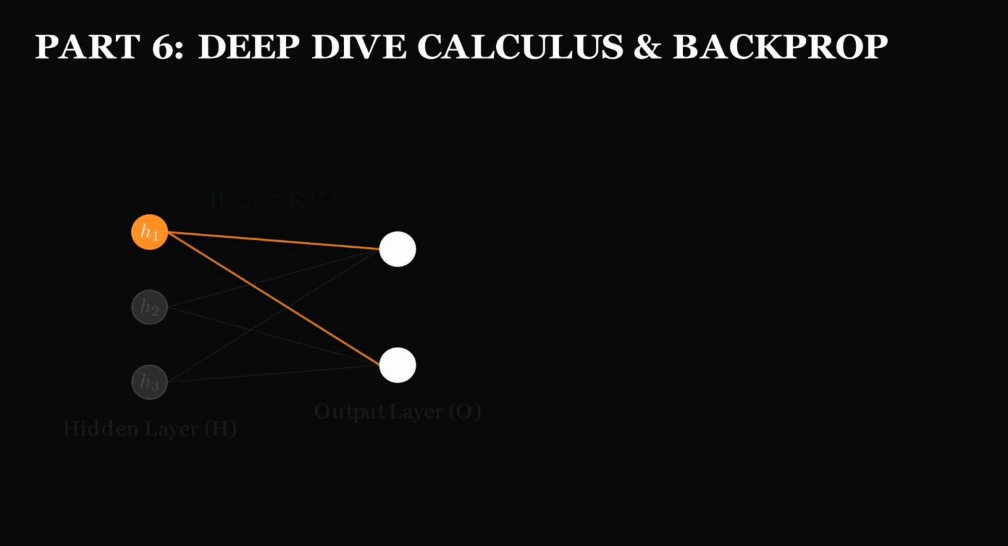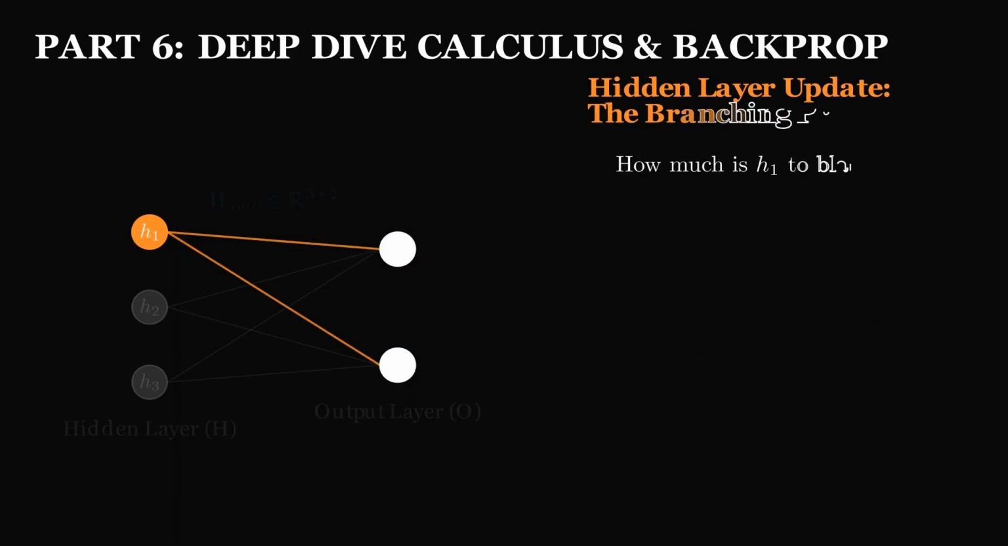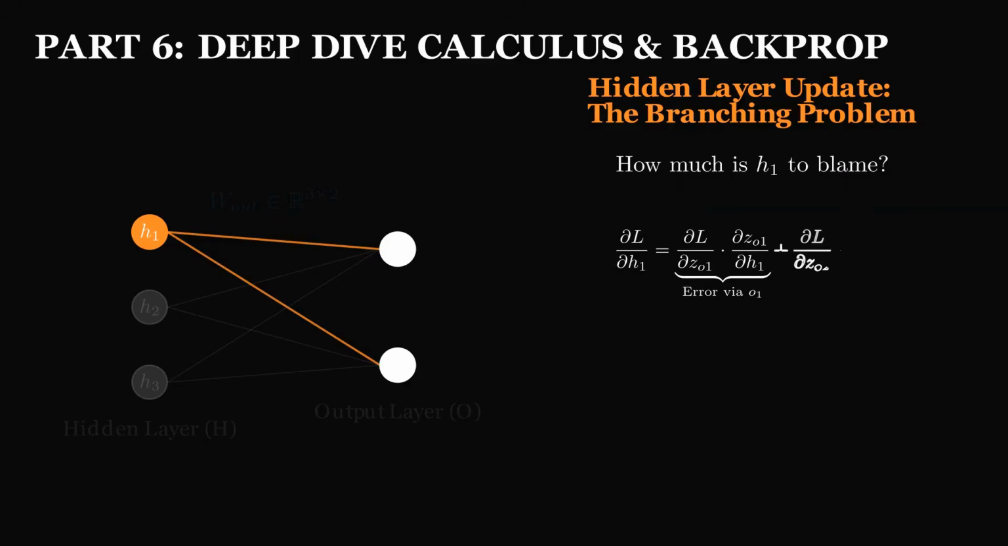The problem arises when we want to update the weights before the hidden layer, specifically H1. Notice the lines. H1 is a double contributor. It contributes errors to both output 1 and output 2. Therefore, the total gradient for H1 must be the sum of all error flows that hit it. The more neurons in the output, the more error flows we must sum when backtracking the error. So the conclusion is,